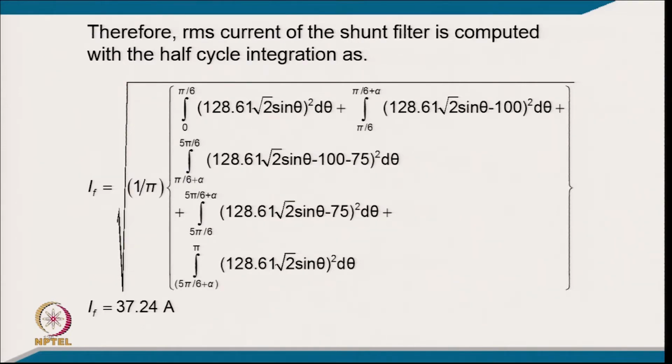Therefore, the RMS current of the shunt filter is computed with the half wave symmetry. For half cycle, typically starting from the first 60° you have this kind of current, then the next is from pi by 6 to pi by 6 plus alpha, and this is from pi by 6 plus alpha to 5 pi by 6, and this is from 5 pi by 6 to 5 pi by 6 plus alpha, and this is from 5 pi by 6 plus alpha to pi, and the RMS current for this comes out as the filter current of 37.24 ampere,